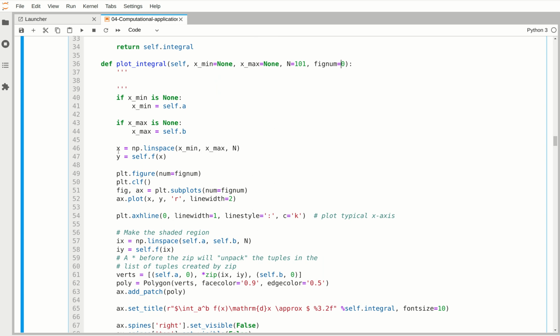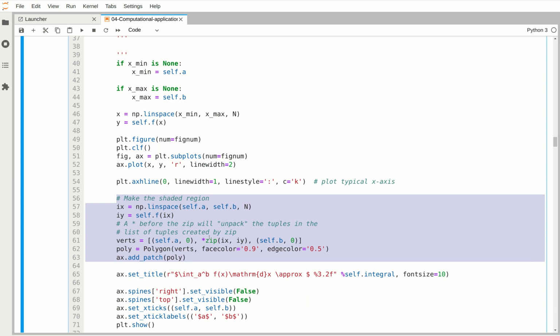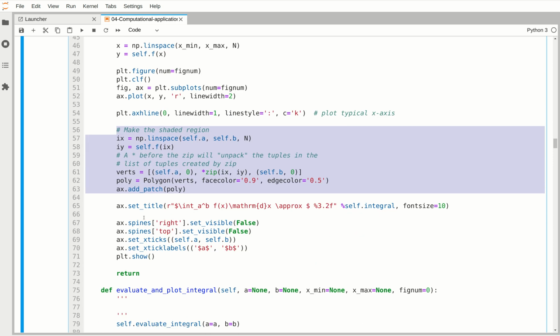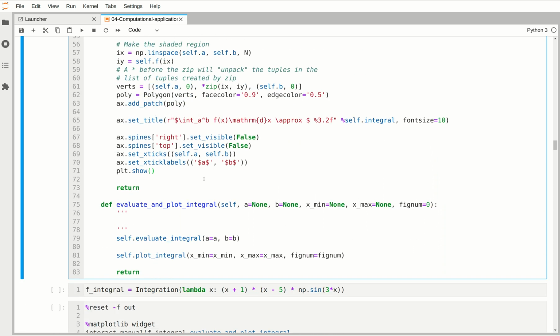Then all I'm doing is creating an array of x values and the array of y values associated with evaluating the function. I plot the function. I plot a typical axis. I create the shaded region. And then I just do the rest of the plotting, set the title and so forth. And then I have the method to evaluate and plot the integral. So here you actually evaluate the integral with a given a and b value,